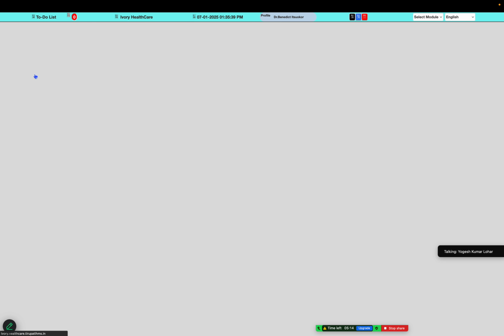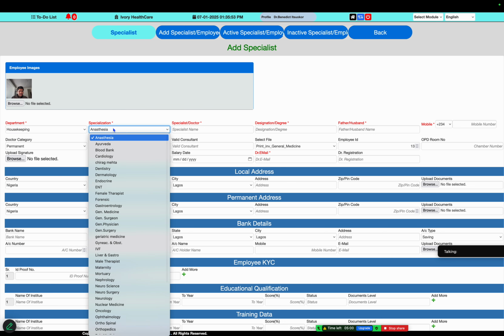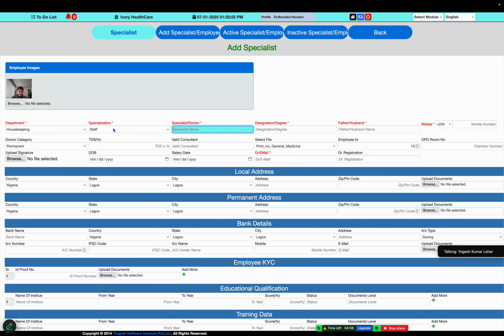So we go here to the service window, and here we put staff and the name, like Mr. Demo, housekeeping user, HKU housekeeping user.